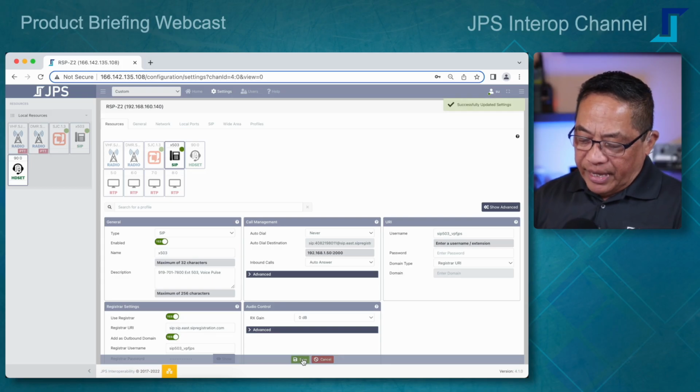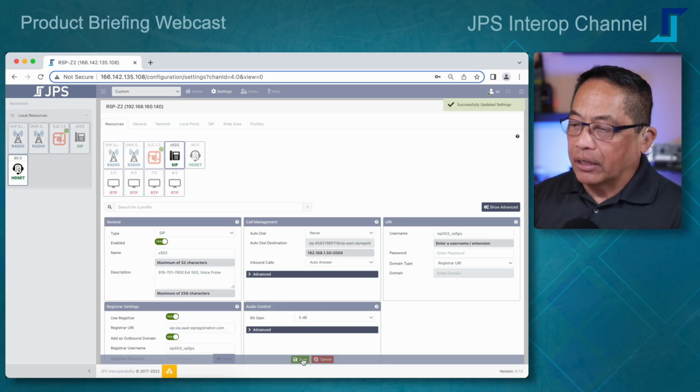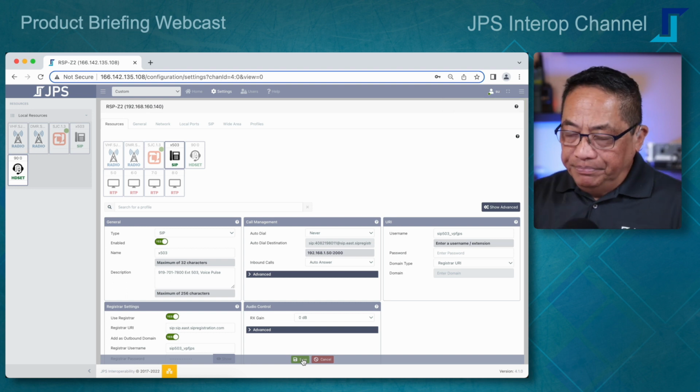It's trying to call my endpoint. Let me go ahead and say never. Answer that. I'm going to go back on hook. All right, so lastly, the last call management feature we have in terms of outbound calls or auto dialing is